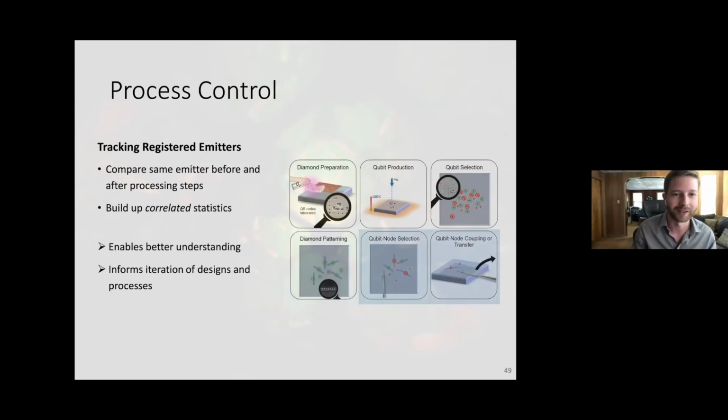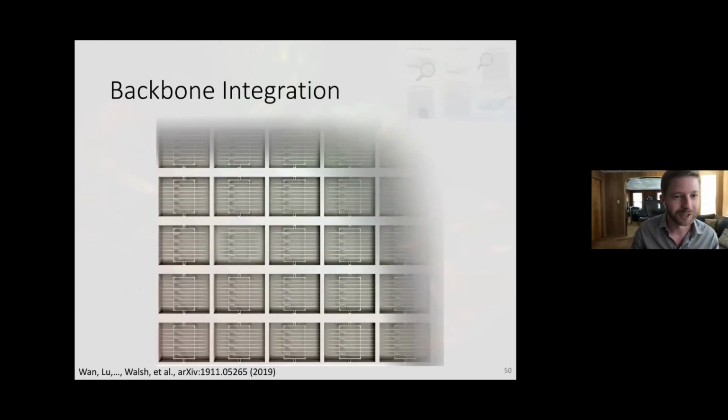where we go back and look for the nodes that worked and take them off the chip and put them on our final device. And so again, without going too deep into the details, we actually used a different type of emitter here that works better for implantation. But that doesn't matter for the end goal. So for this integration step, we now have something that's patterned all in diamond.